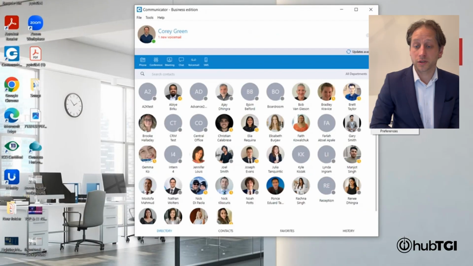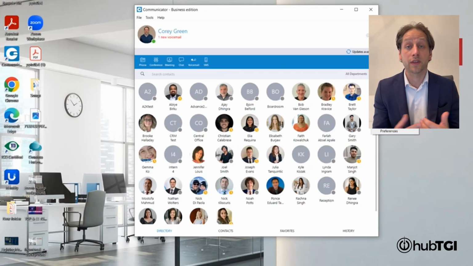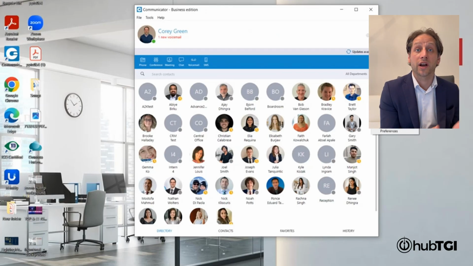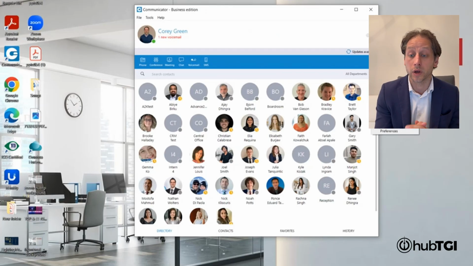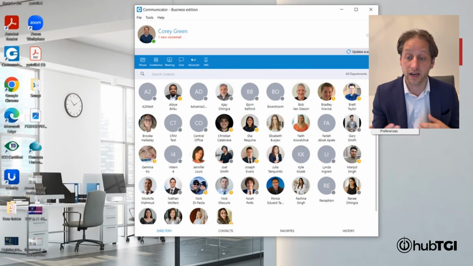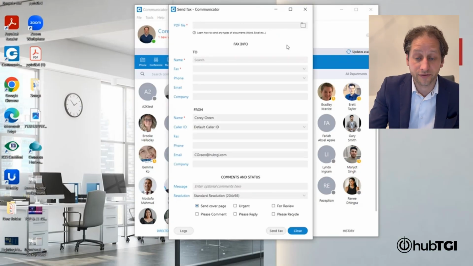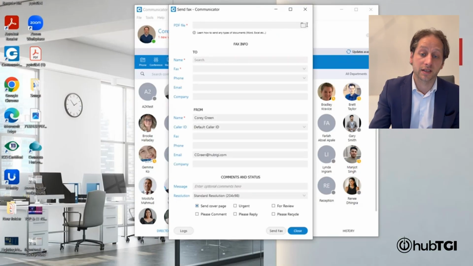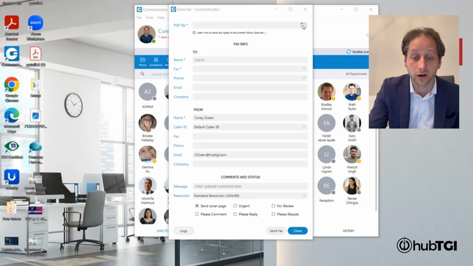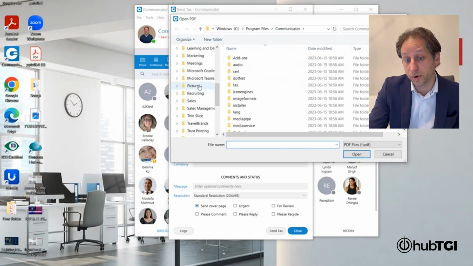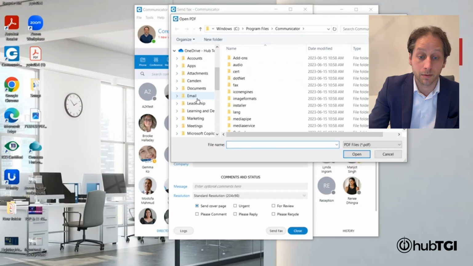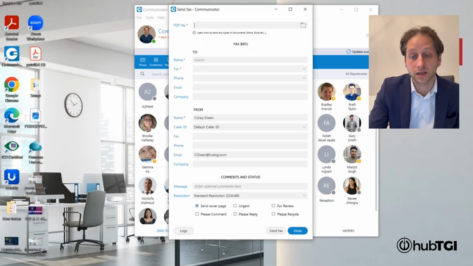The solution will also come preloaded with fax. Again, all that's required is a fax line. We would put that into our system and allow folks to be able to both send and receive faxes through Communicator. If I were to want to send a fax, I simply go to send fax, and not unlike an email attachment, I would simply select a file that I want to fax. It would open up my server files, and I can pick any document inside of this and send it along